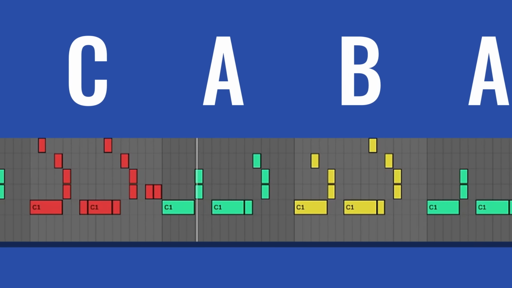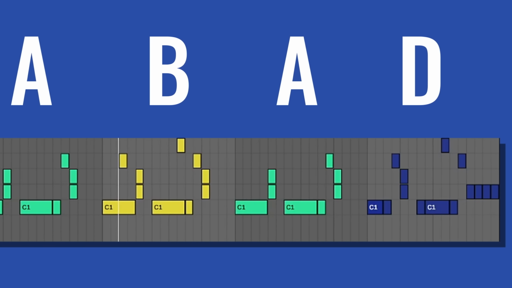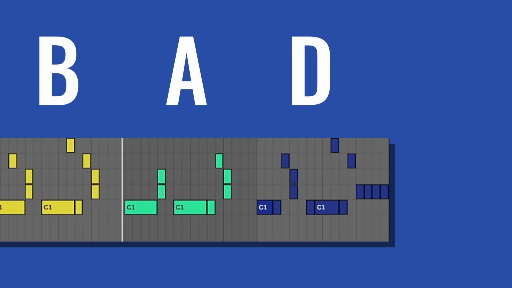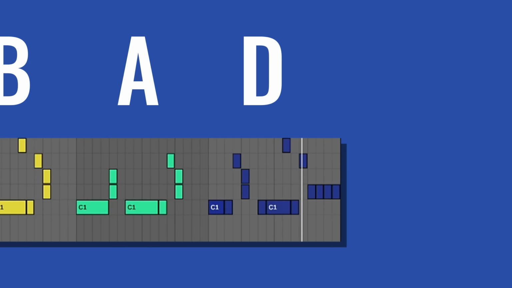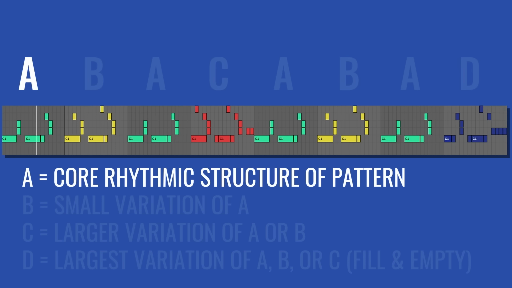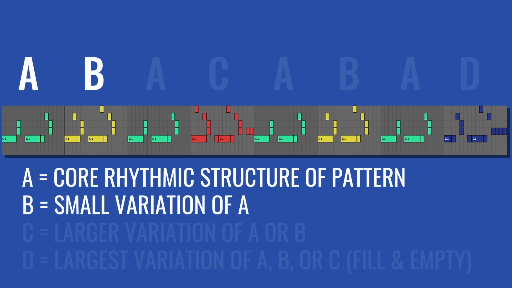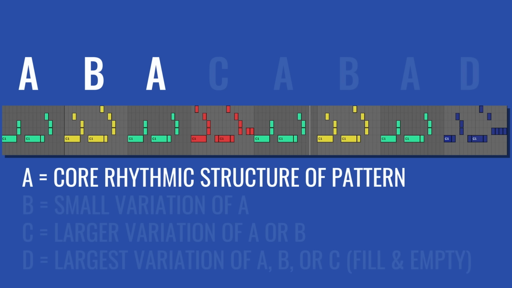I generally define my rhythms with an A-B, A-C, A-B, A-D structure, with each letter representing 1 bar of music. A sections define the core rhythm, the main structure that we will use to build variation around. B sections will have 1 small change, an addition, subtraction, or substitution. We return to the A section for bar 3, and then at the end of 4 bars we hit the